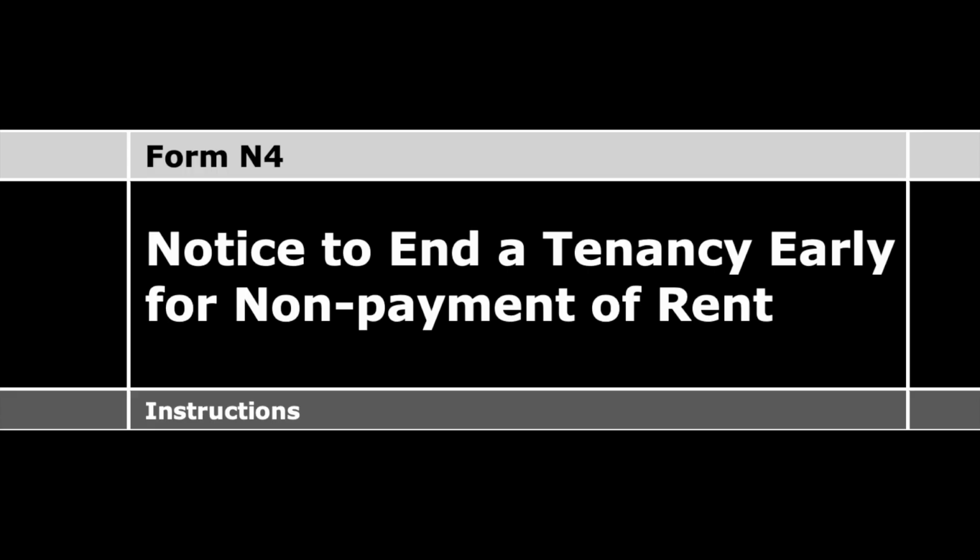They're not giving you any money right now and you need them out. You are going to submit an N4 notice of eviction for non-payment of rent. Now, this is a notice to end the tenancy because the tenant is not paying you rent, and I highly recommend you do this right away as soon as they stop paying you. Whether it's 2 days after they pay rent, 3 days, no matter what, submit it. If they send you a message saying, I'm going to send you the rent, I just need a few days,